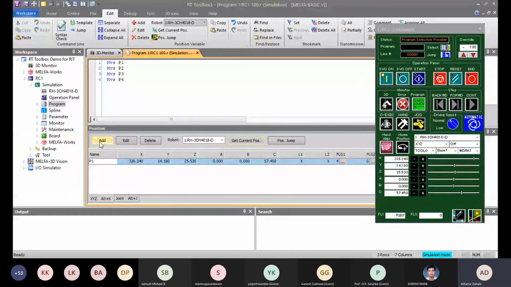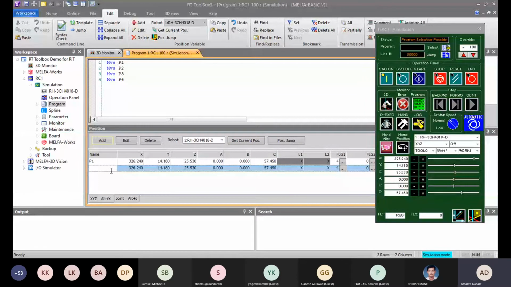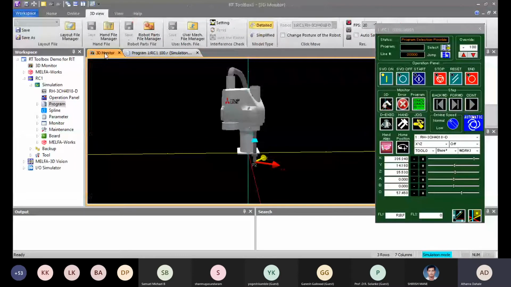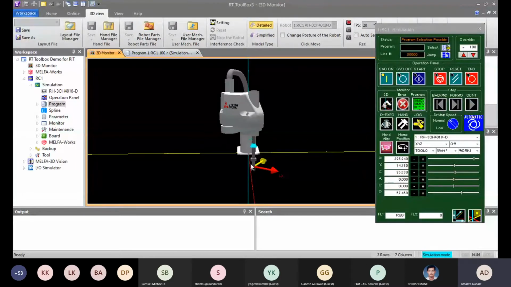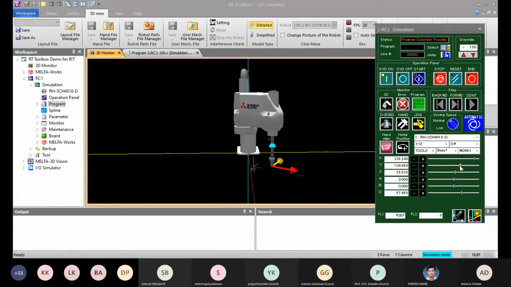So I have to add P2. This is P1, so I have to go to the right side for the second point. So I'll make changes in the Y axis. So this is my P2.